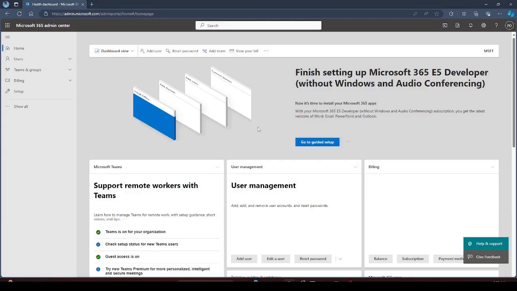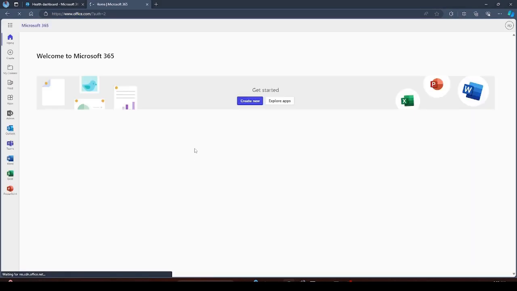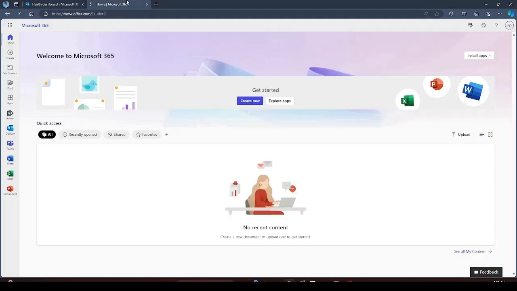Once you've successfully created an account with the Microsoft 365 E3 trial license, or you have successfully joined the developer program, you should get a dashboard like this. It should take you to office.com or your admin dashboard, depending on what you click. But if you went through the developer license and you don't know how to get here,